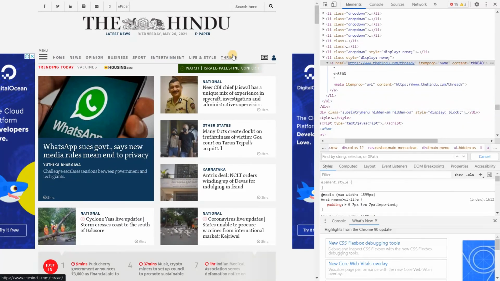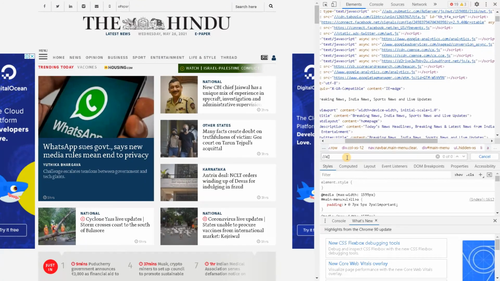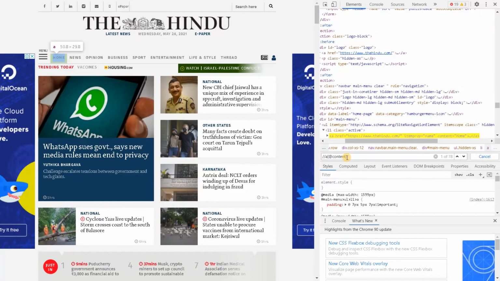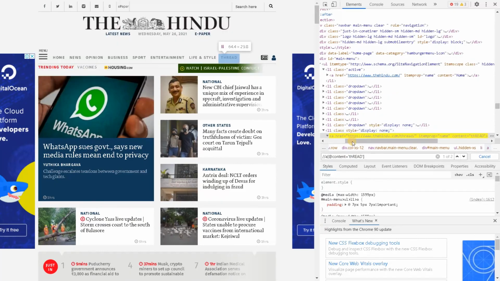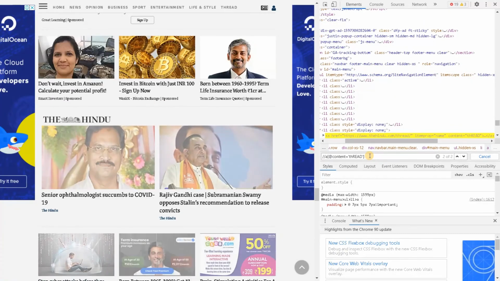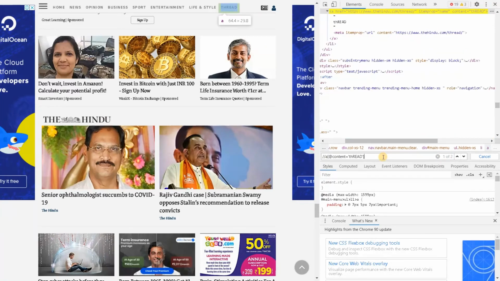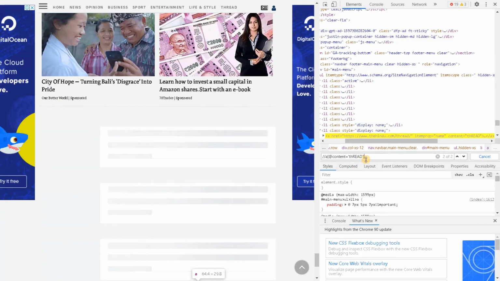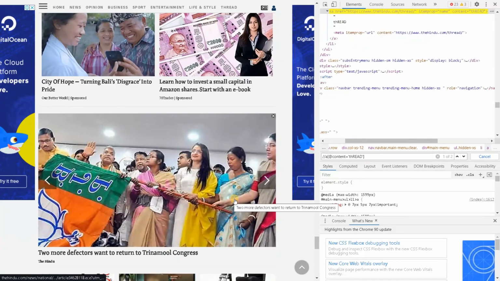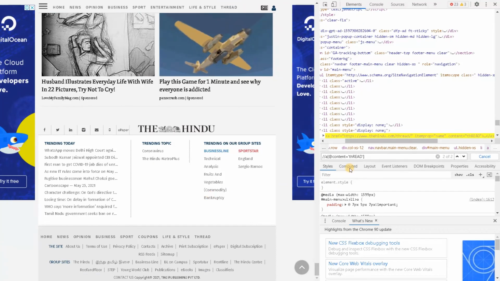So I want to get this thread link. So I can use this content also. Let's see if it works. So I'll just copy the value, slash slash a in the square brackets at content equals, in the quotation paste the thread. So we have found the thread. So here they have two links for the thread. So here you can see, right? There are two values. So if I press enter, one thread is there, another thread is at the bottom. So there are two threads, but I only need the first one.